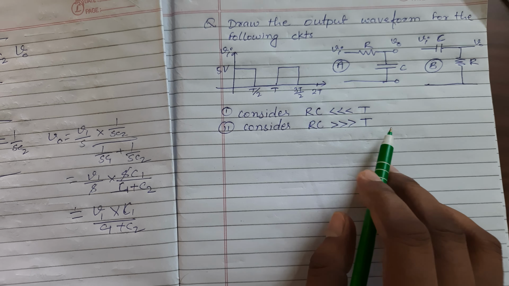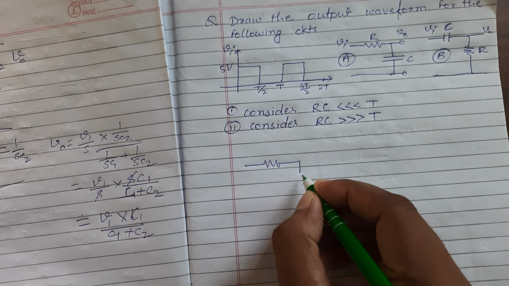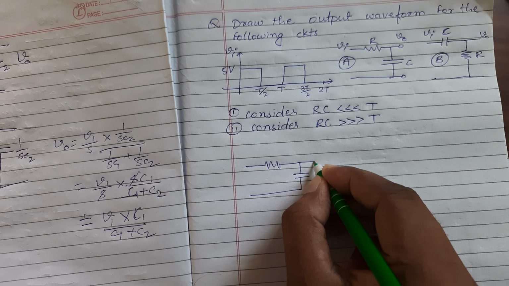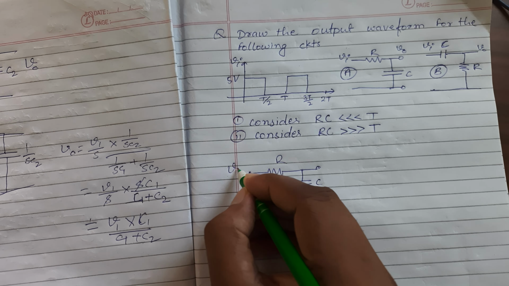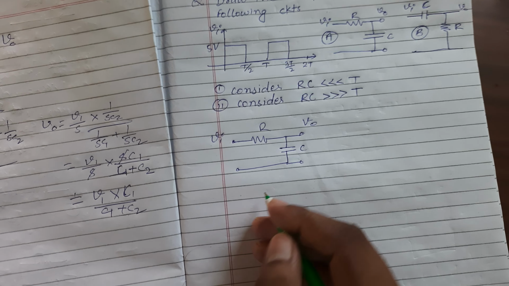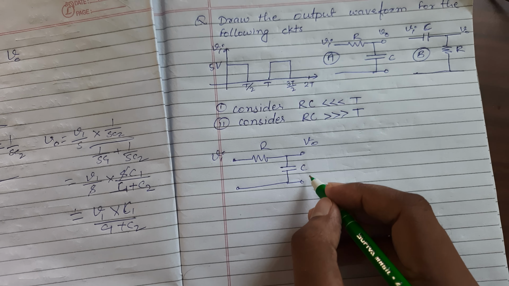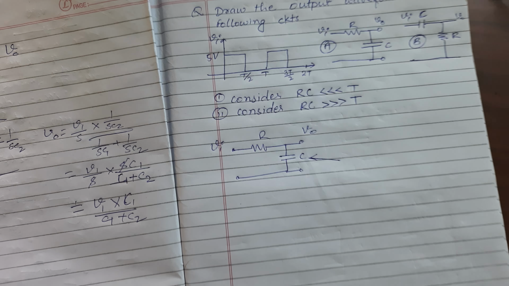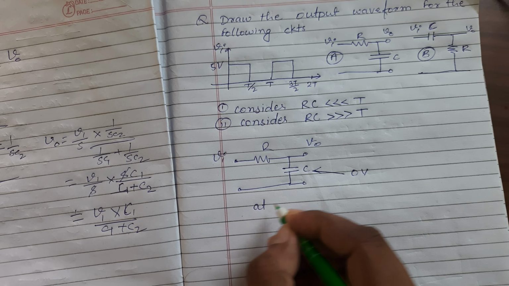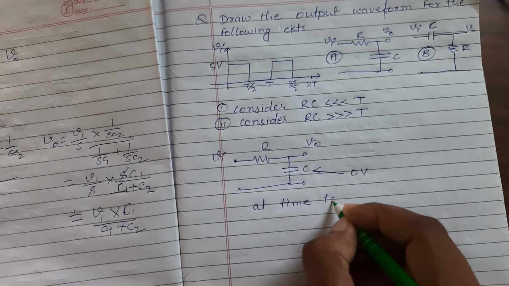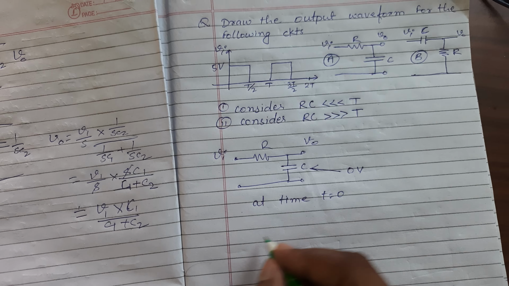So first of all, we will solve the first circuit. We have R and we are taking output across the capacitor. Here R and here C. We are taking VI as input and we have to find the VO. So in the initial case, the voltage across the capacitor will be 0 volt. So at time t equals 0, we have a voltage across the capacitor of 0 volt, and when the input is applied,